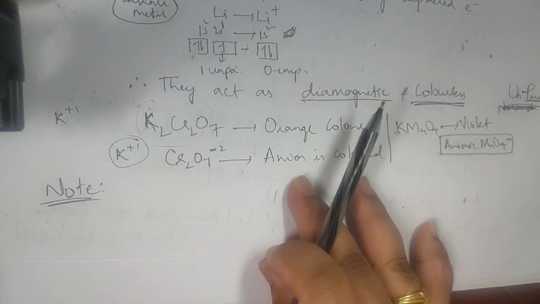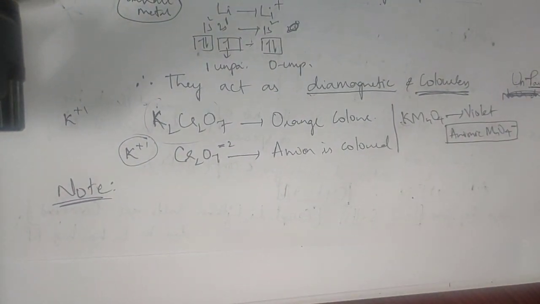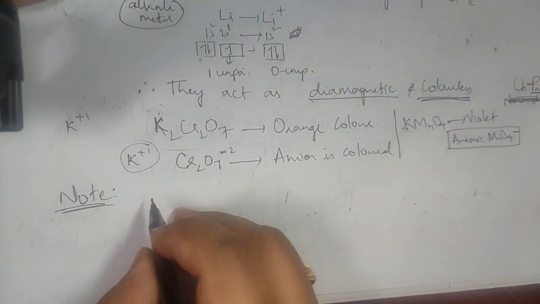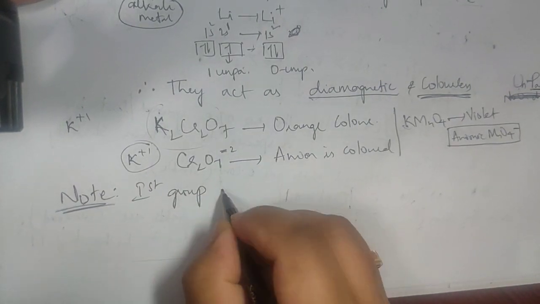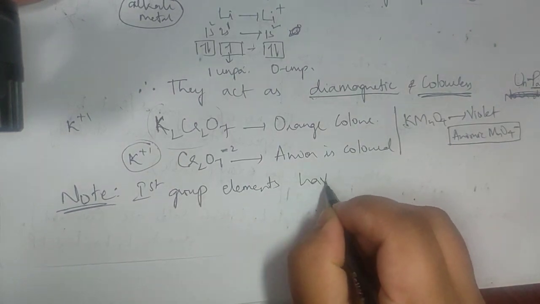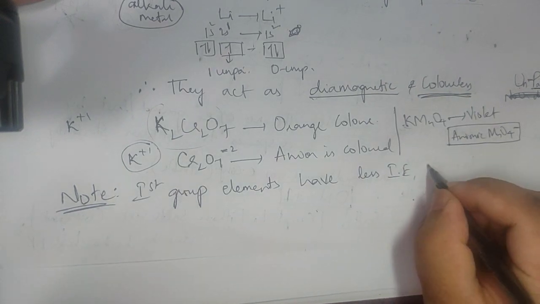In fact, it is so easy that even photons, even normal visible light, when it falls on these alkali metals, excite these electrons. So a very important point: first group elements have less ionization energy,